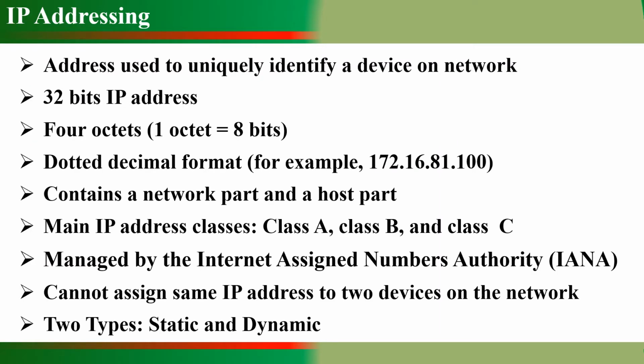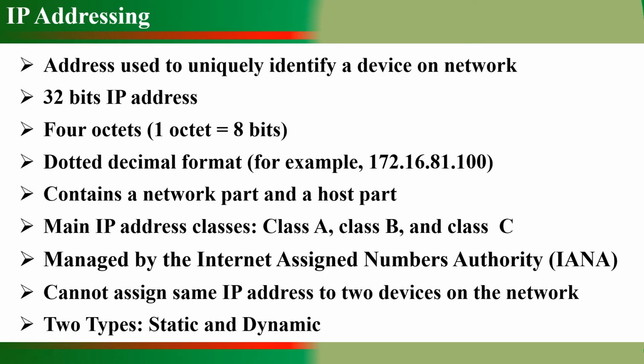As we know, most computers on the internet use TCP/IP protocol as a standard for communicating over the network. In TCP/IP protocol, the unique identifier for a computer is called its IP address. So now the question is, what is an IP address? To send a letter, we need a mailing address. In the same way, one computer needs the IP address of another computer to communicate with it. So an IP address is used to uniquely identify a device on the network. It allows us to find a particular device from billions of devices which are connected to the internet.